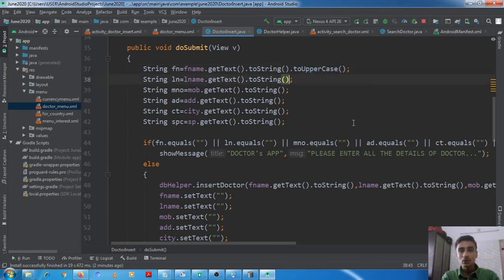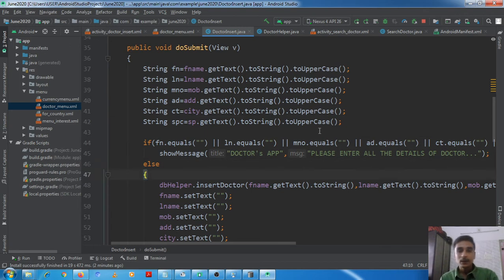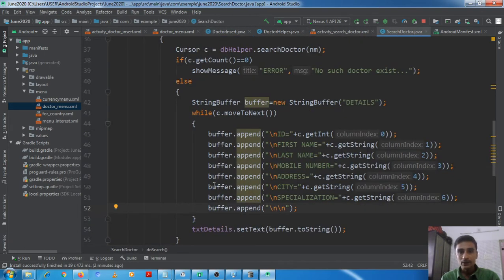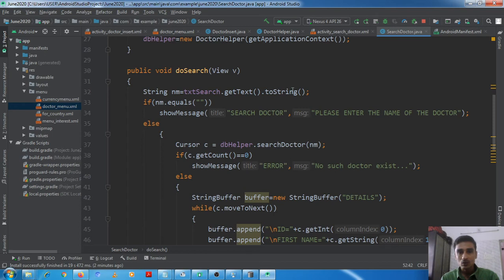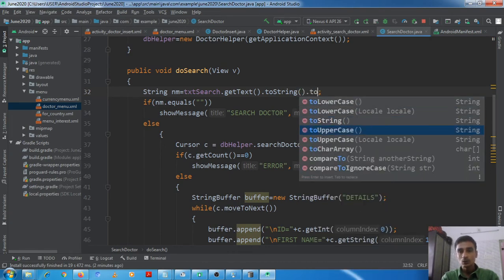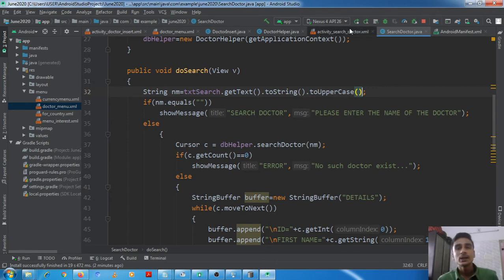Okay, we should convert all the fields to uppercase. So the data will be inserted in uppercase only, and in search, when the client is asking for search, here also dot to uppercase.